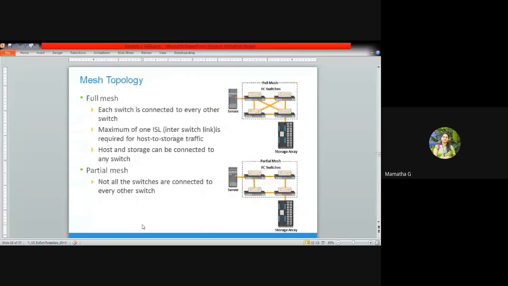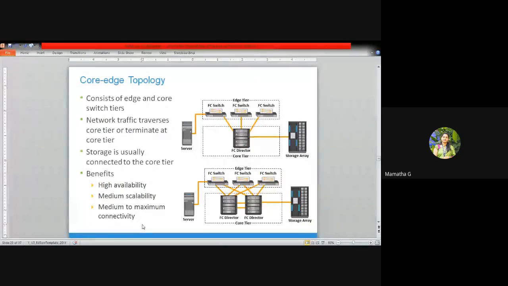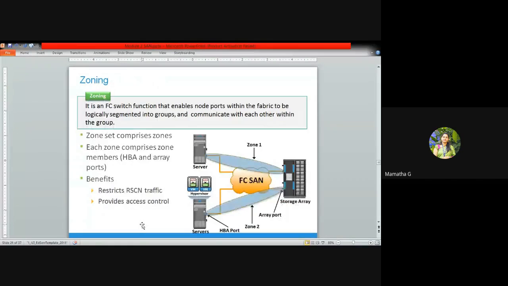You need to draw a diagram and you need to differentiate, because in mesh topology you have two kinds and in core edge topologies you have two kinds. You need to explain. Next, I'll just discuss what is zoning today, and we'll see the types in the next class. See, the next concept is your zoning.